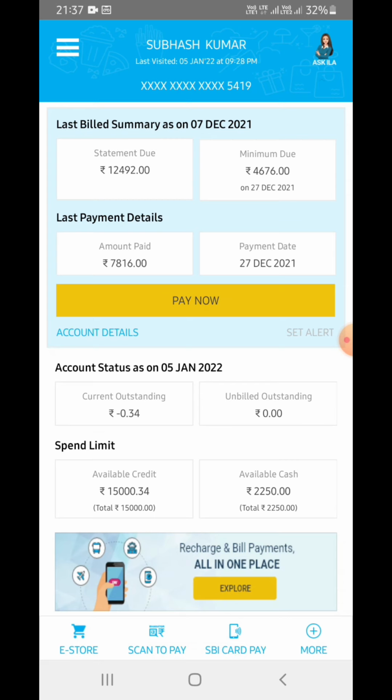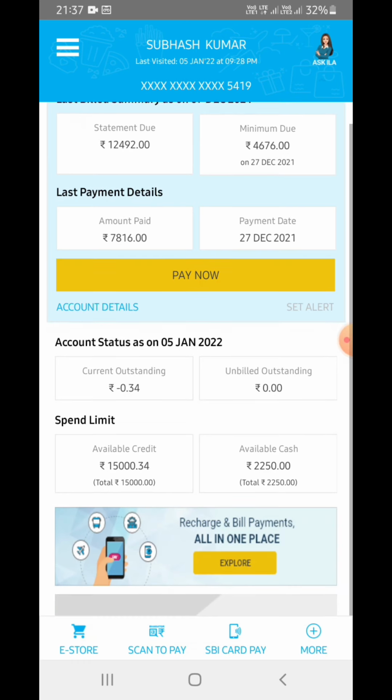Statement due means whatever amount is outstanding but not yet billed, the amount that is pending before the bill generation. Minimum due is the amount which you have to pay.